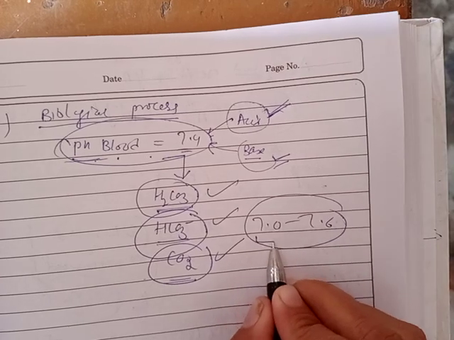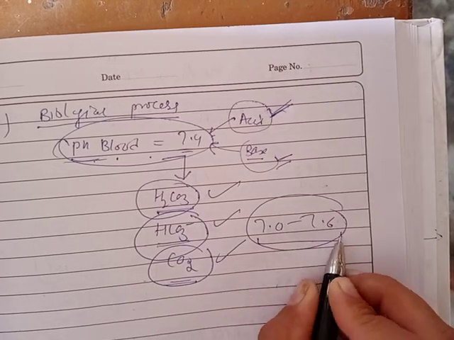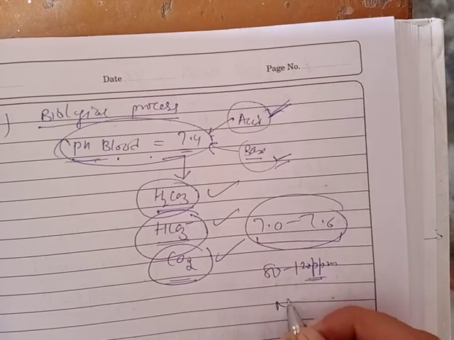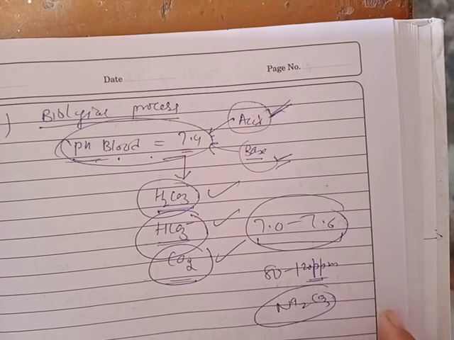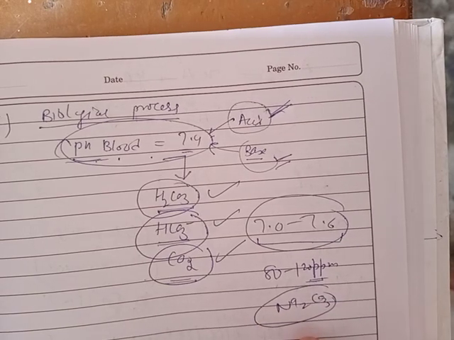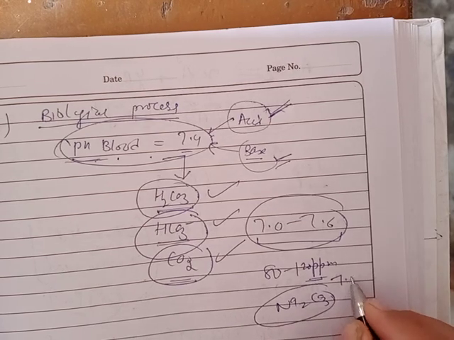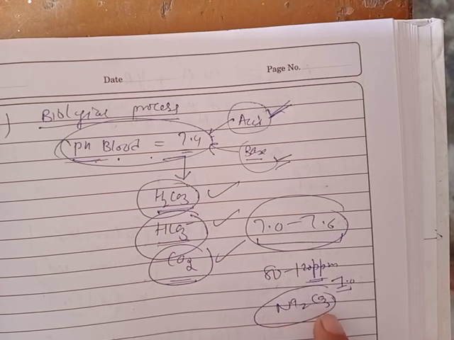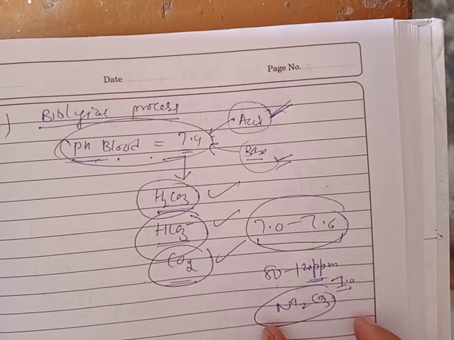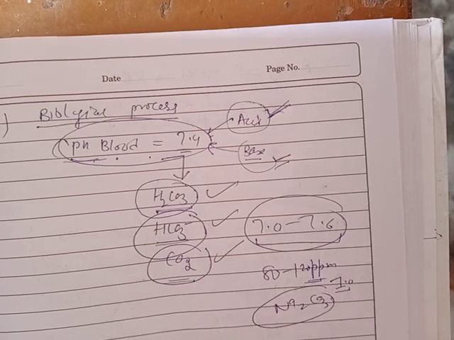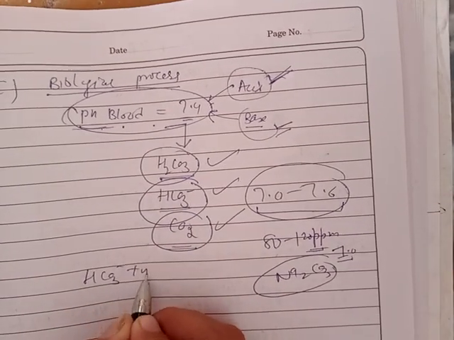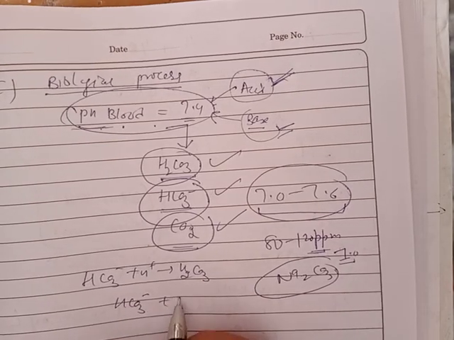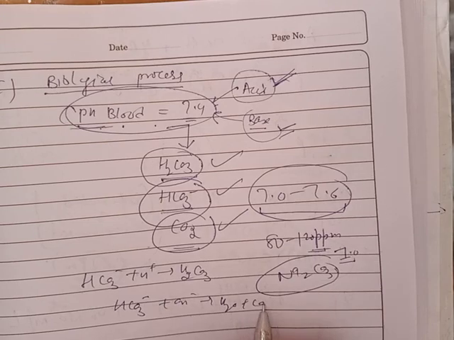This pH between 7.2 to 7.6 will be maintained by adding 80 to 120 parts per million (ppm) of sodium carbonate to it, because it is non-toxic and its own pH is nearly 7.0, and the bicarbonate is a single species that combines with excess of H positive and OH negative ions. Hence it will also act as a buffering agent. How? This HCO3 negative combines with H positive to produce H2CO3, and this HCO3 negative combines with OH negative to produce water and CO3 2 negative. Clear?